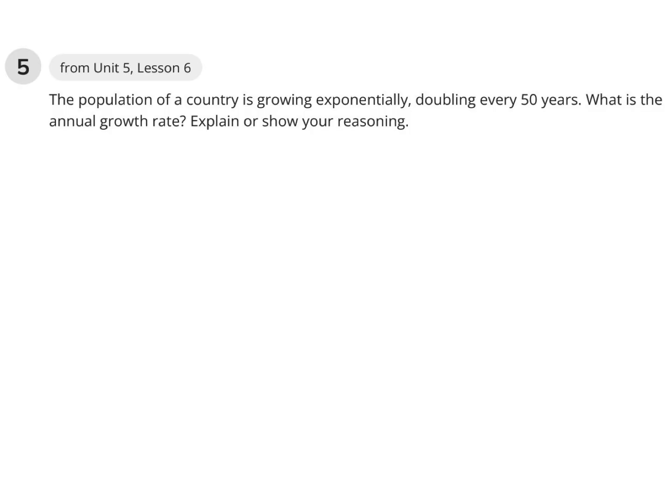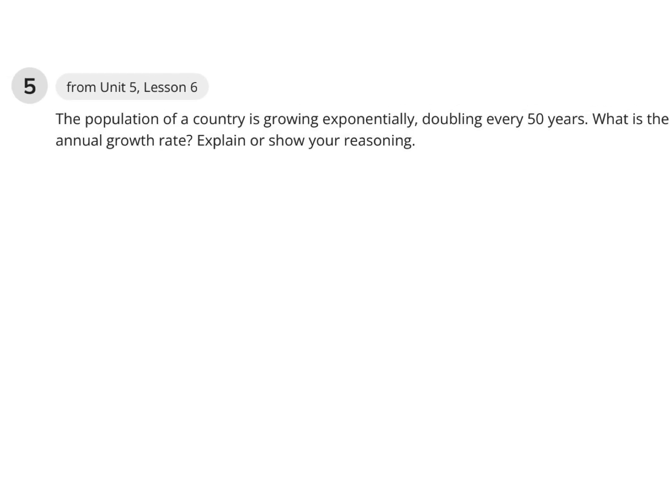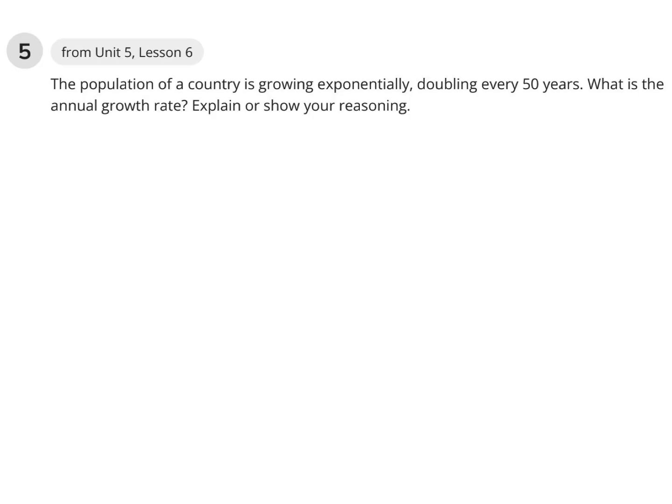The population of a country is growing exponentially, doubling every 50 years. What is the annual growth rate? So the annual growth rate is doubling to the t over 50. So if we raise 2 to the 1/50th, that will give us